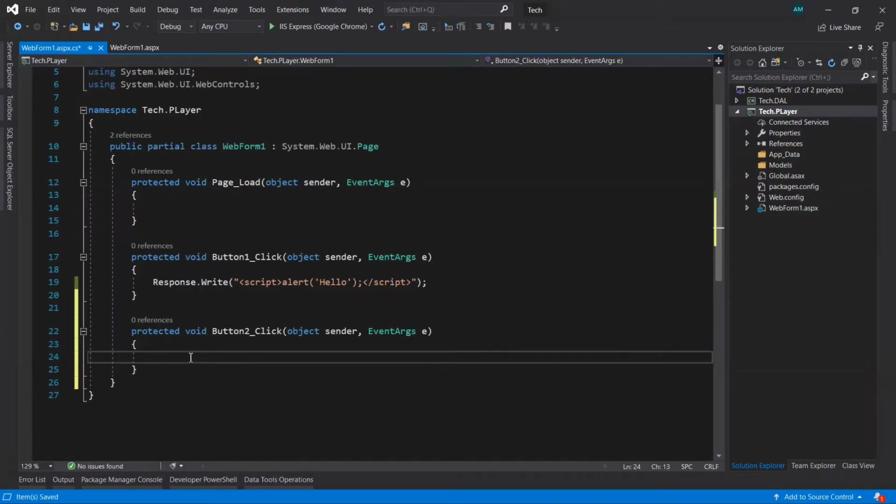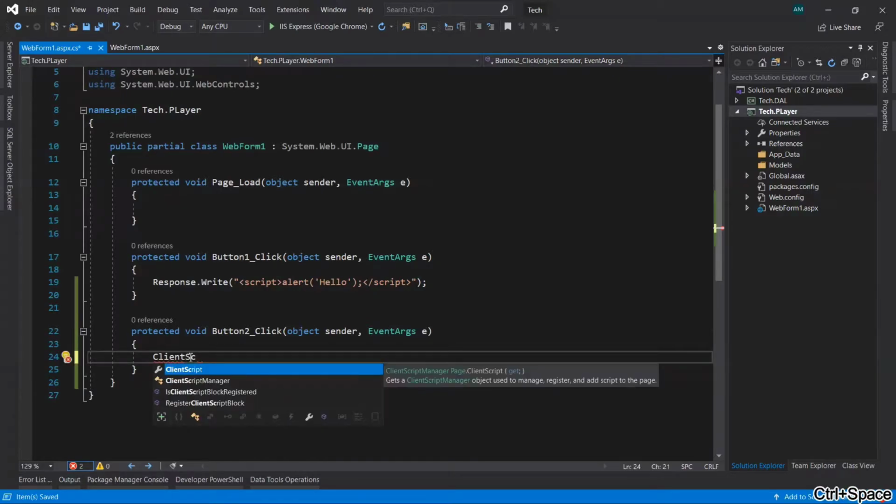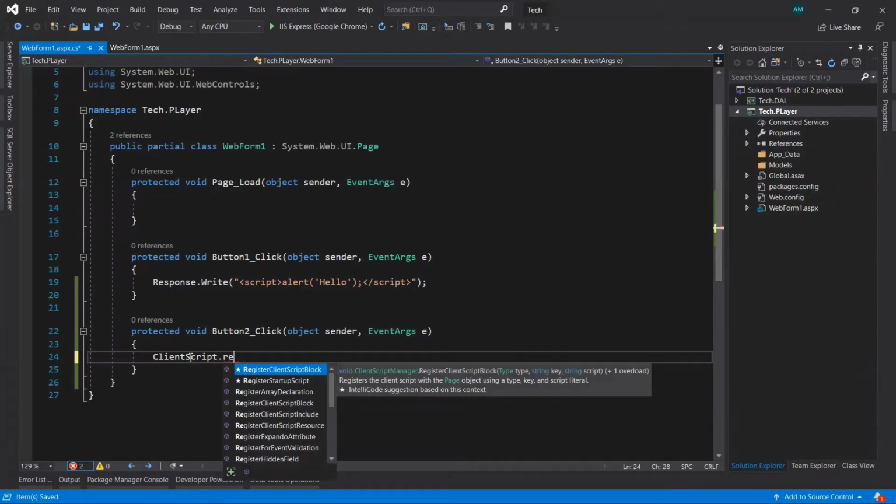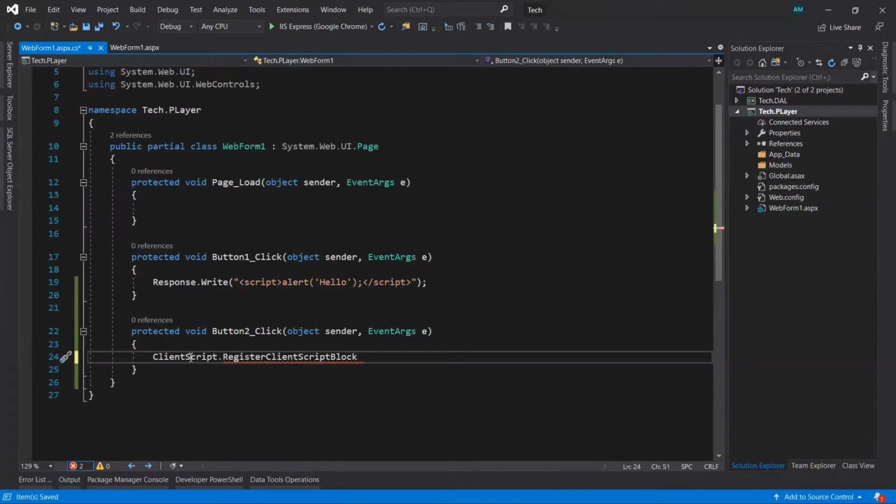So we can write the JavaScript here using ClientScript dot RegisterClientScriptBlock. That is the first one. Enter.